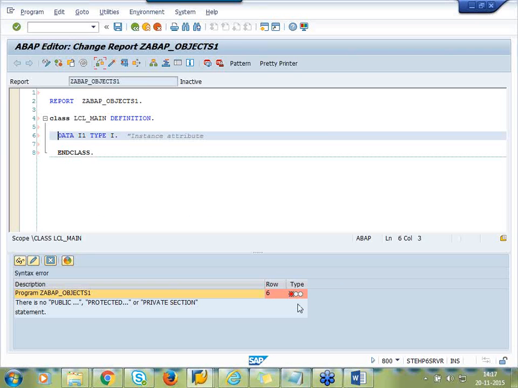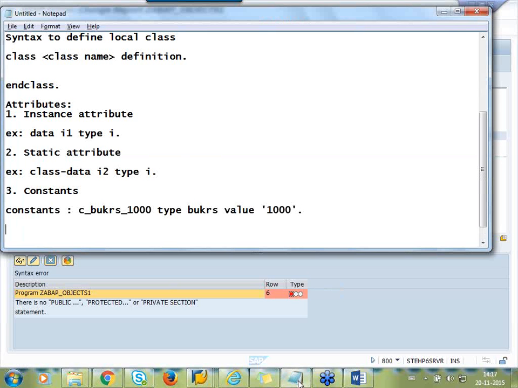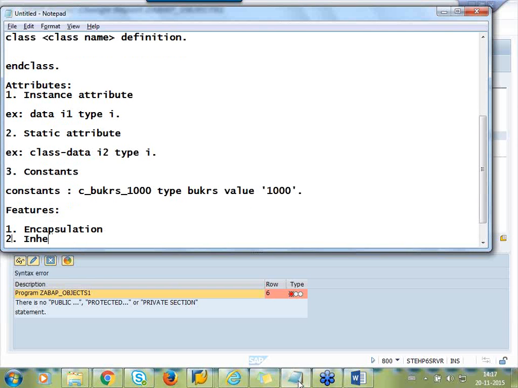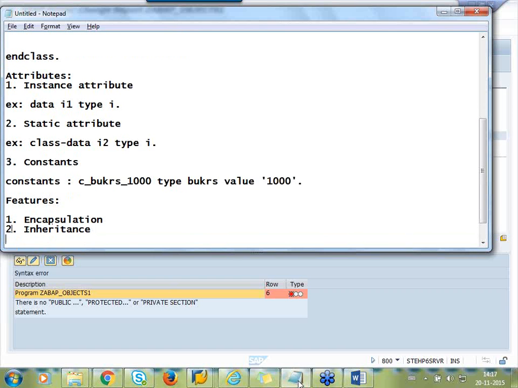So what is this? In any object orientation program, why we are going with object orientation, what is the difference between procedural and object orientation, slowly we will be covering. But because of these features we are going with object orientation. The features we have in object orientation are encapsulation, inheritance, abstraction,